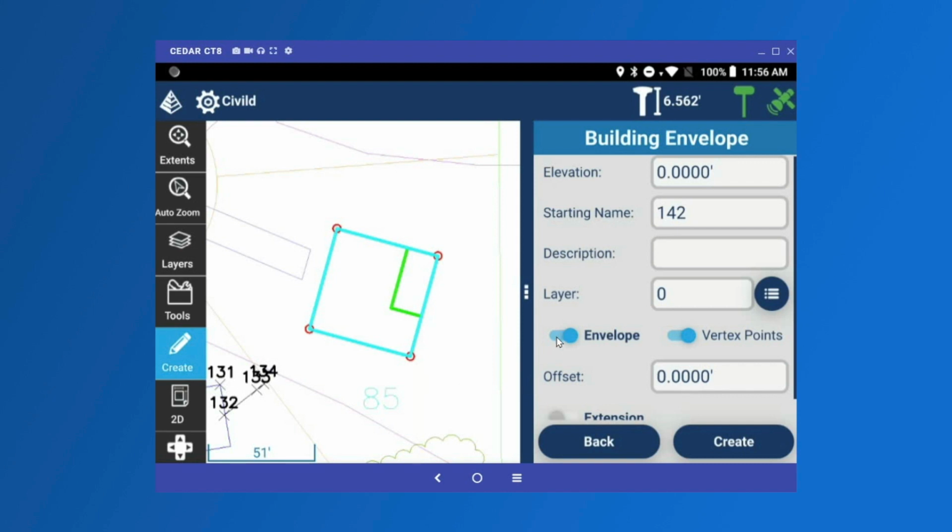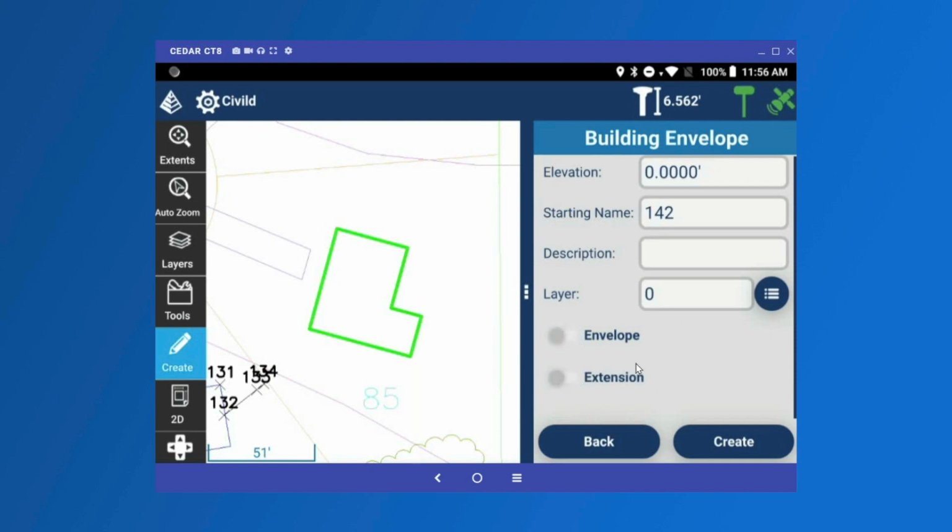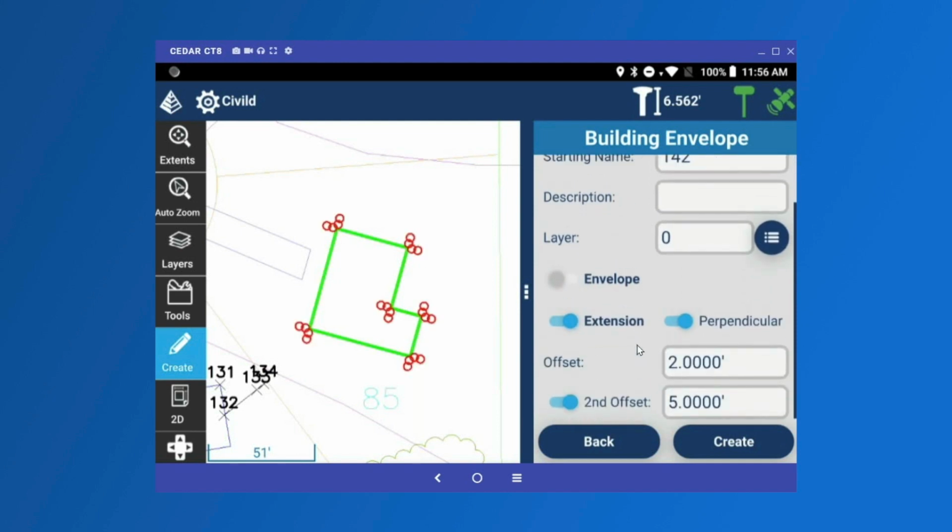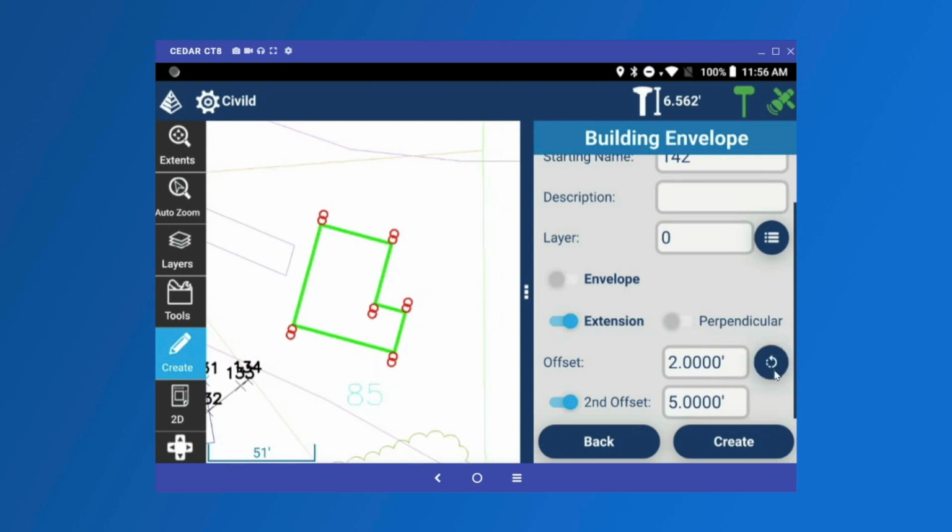If I want to turn that off, or I can use that in addition to this next part, I can choose to draw building extensions. Here's an opportunity to draw extensions and perpendicular points on the building that I've selected. And here you can see that I'm drawing both extensions and perpendiculars at an offset of 2 feet. I can turn off perpendiculars and draw just the extension points if I choose. And when I do that, I may want to use this rotate icon to flip the direction of these extension points. So if I turn on both of these,